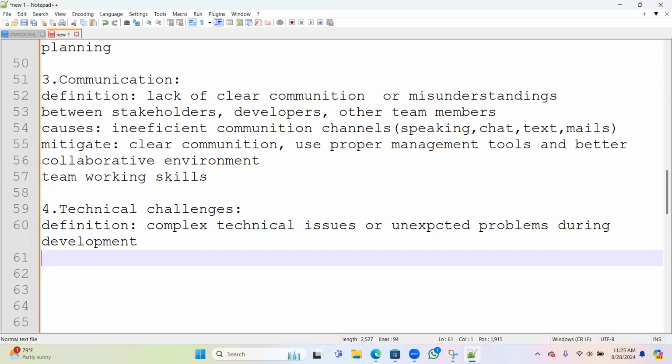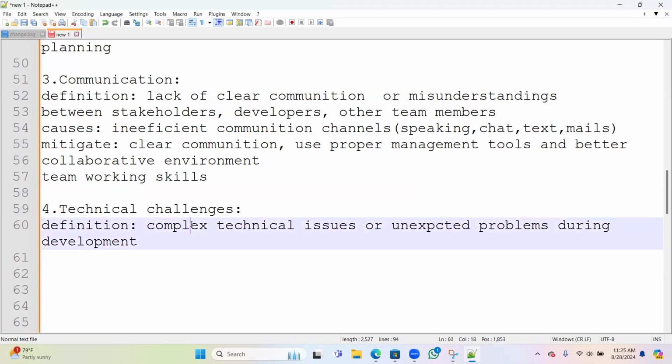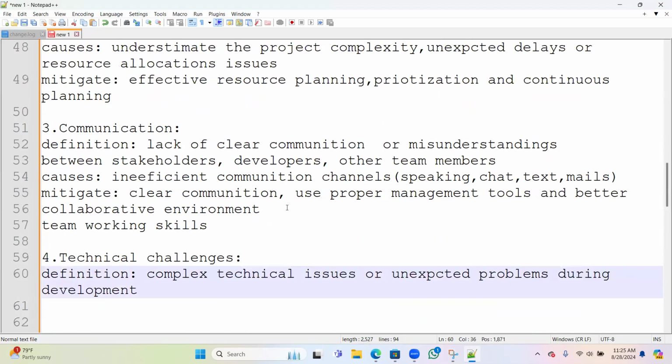So if you're working in a project, what happens is some error which you don't know, that comes under the very complex technical ones. Because of that, even our project is impacted.